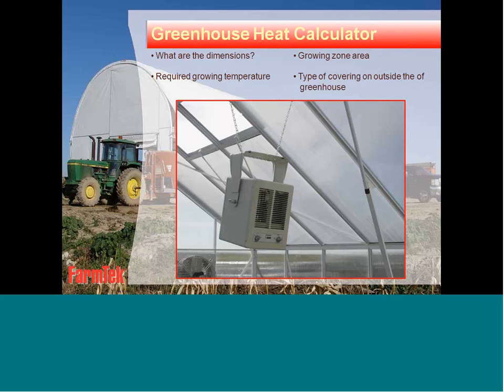The next thing I'd want to know is where are you located? What's your growing zone? What kind of low temperature at night could you experience? Because a really cold night throughout the season, if your heater isn't calculated properly, you could lose a whole crop, and that could be very damaging to your business and an entire season. And so we really want to take precaution and